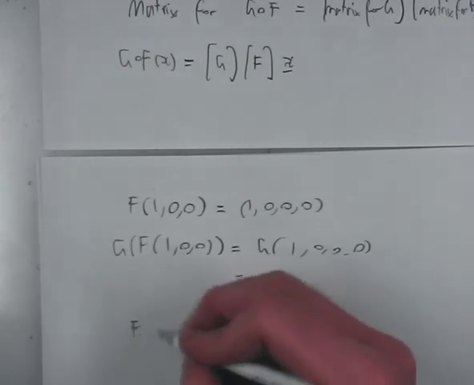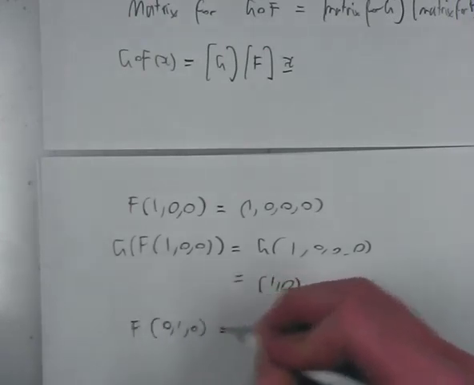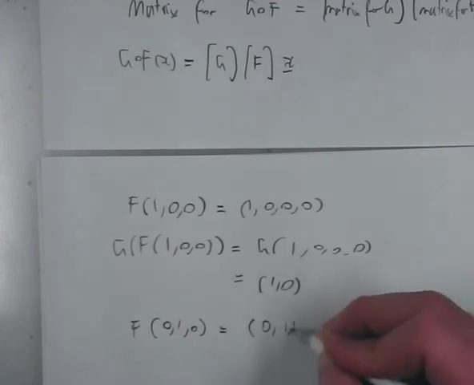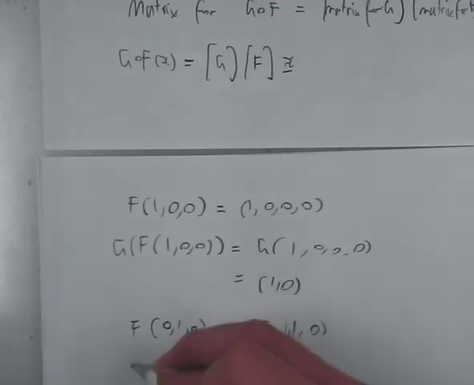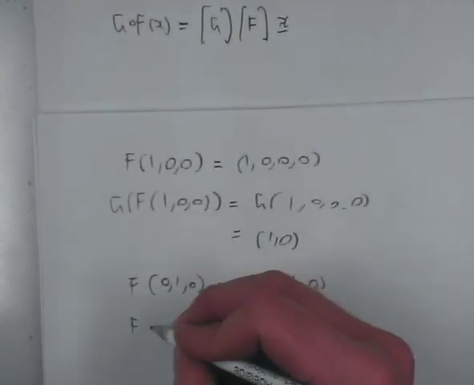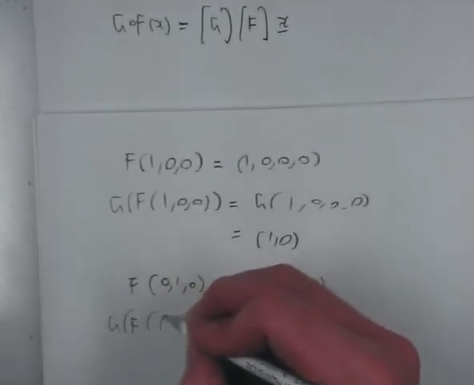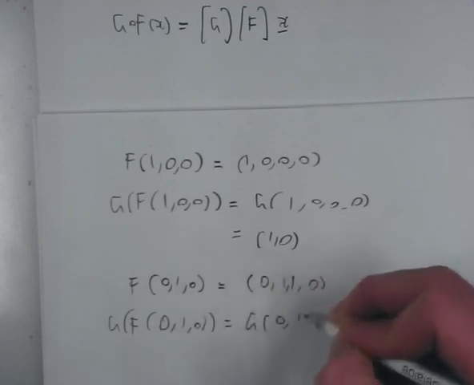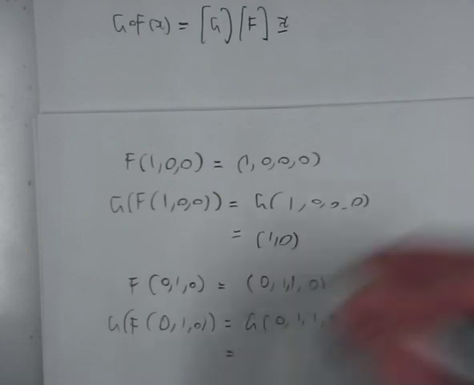And then f of 0, 1, 0 is 0, 1, 1, 0. So G of f of 0, 1, 0 is G of 0, 1, 1, 0, which is,